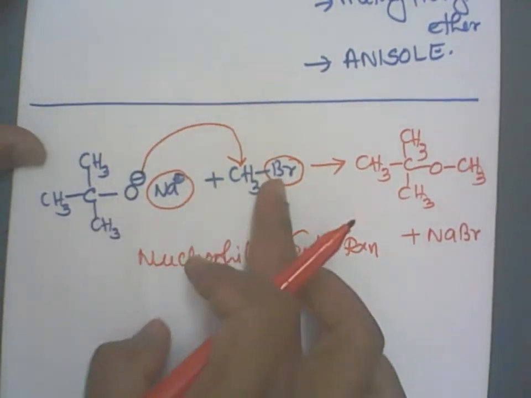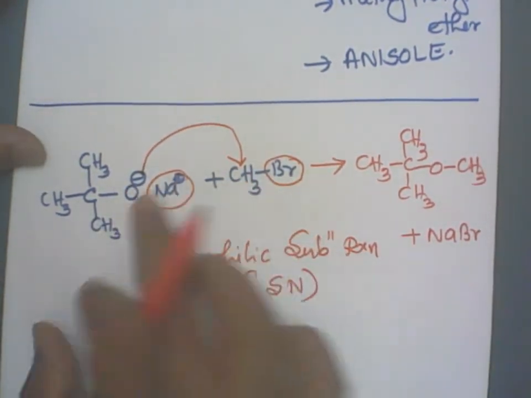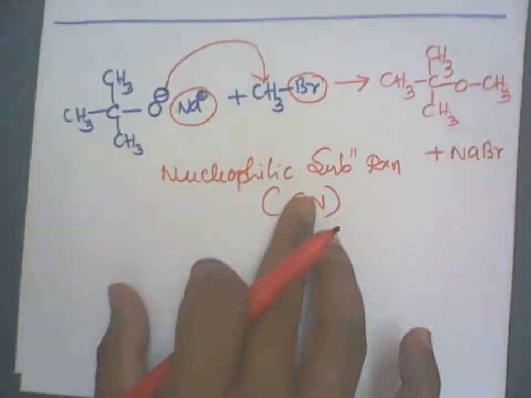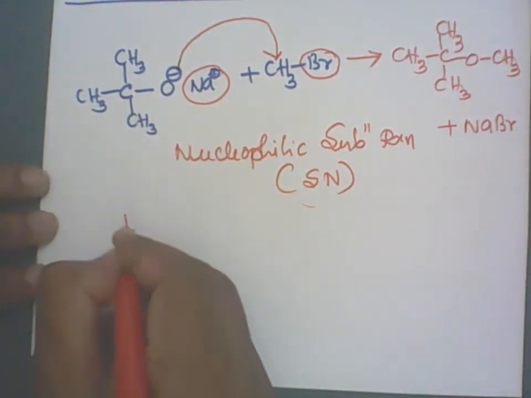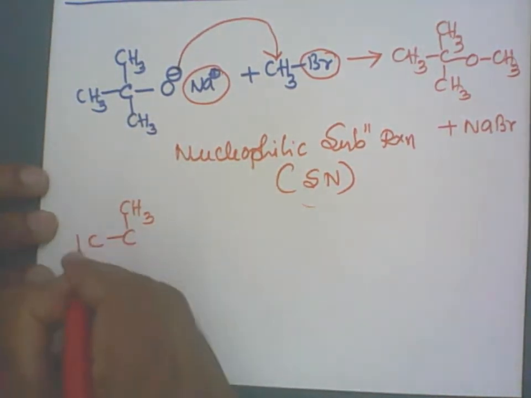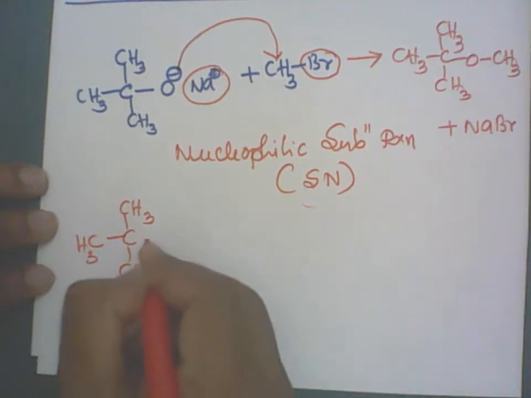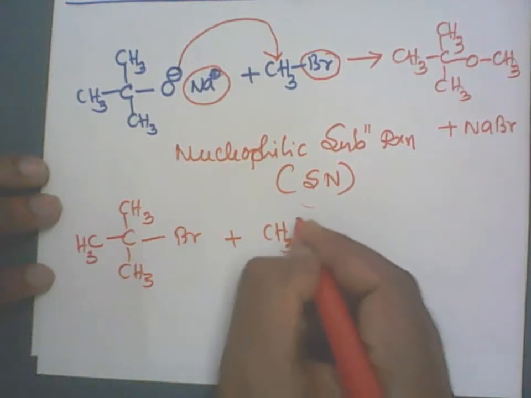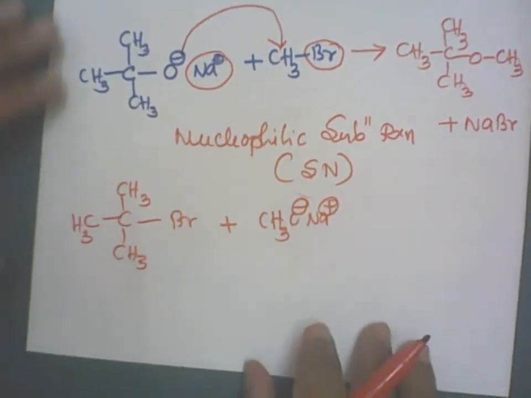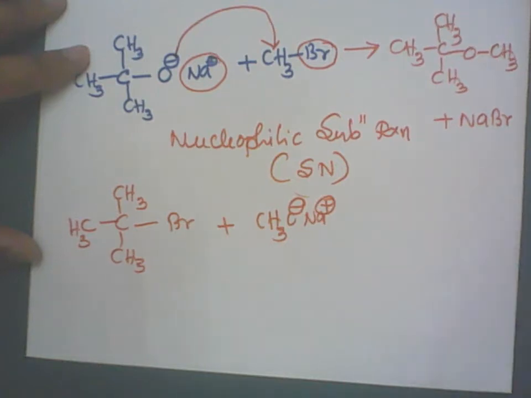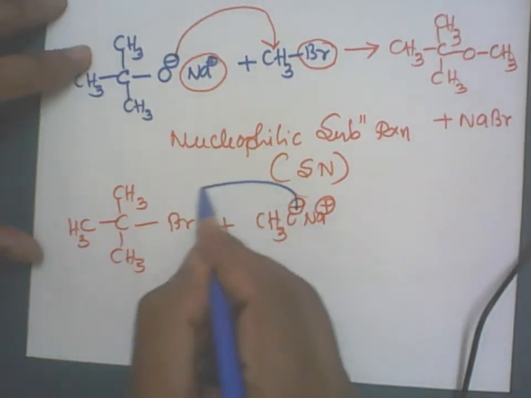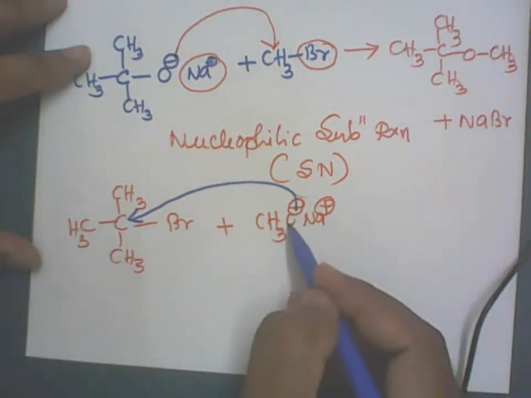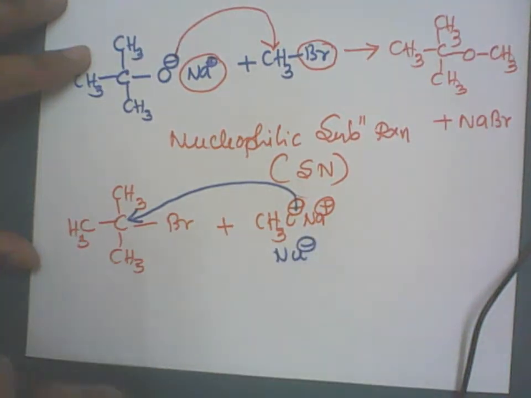Now what I'll do, I'll interchange the Br and the O minus Na. I'll interchange the alkoxide and the alkyl halide; I'll do it the reverse way around. So I'll take tertiary butyl bromide. This is the tertiary butyl bromide. I'll reverse it, and here I take methoxide, the sodium salt of methyl alcohol, sodium methoxide. Now see here, this is the nucleophile. We expect the nucleophile to attack this carbon atom. But there is a problem here. This should act as a nucleophile.